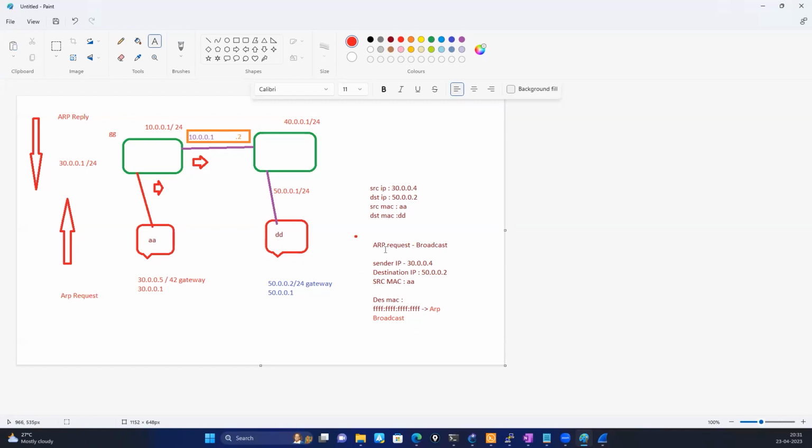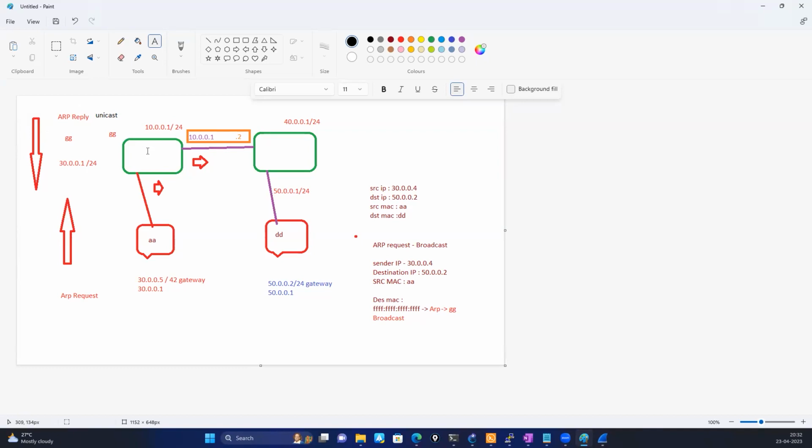So this is the ARP request. This is all the information we got. And now the destination MAC, instead of FFF, it's going to put GG and forward this packet back to here. So this is going to say my MAC address is GG, you can send this. And this ARP reply is a unicast because I know the source MAC address. Because here in the ARP request, if you see, I know the source MAC address. So only here the destination MAC address is unknown, and now I got the destination MAC address and it forwards